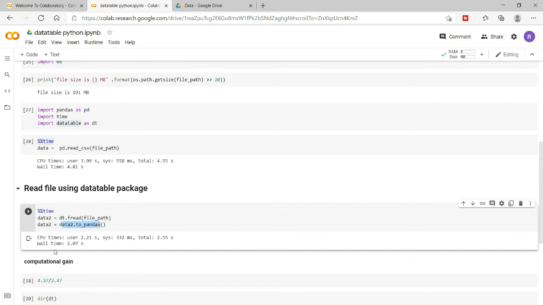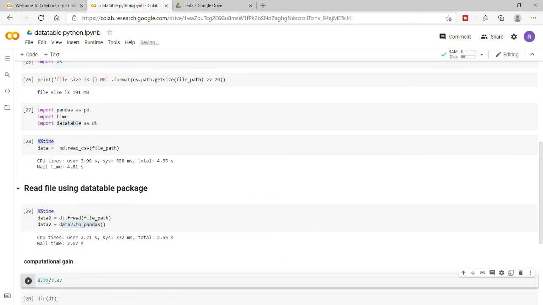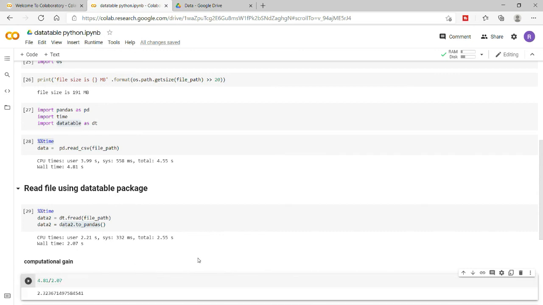If you want to understand the difference, here I have 4.81 for pandas. Let me show you how much gain we get: 4.81 divided by 2.07, and you will see that our data processing speed has increased by more than twice. That is a significant difference.